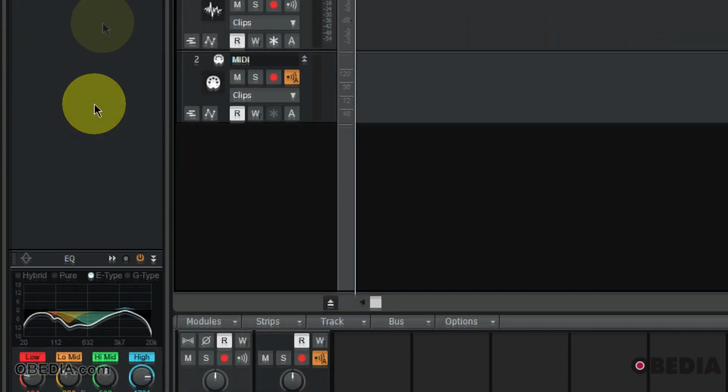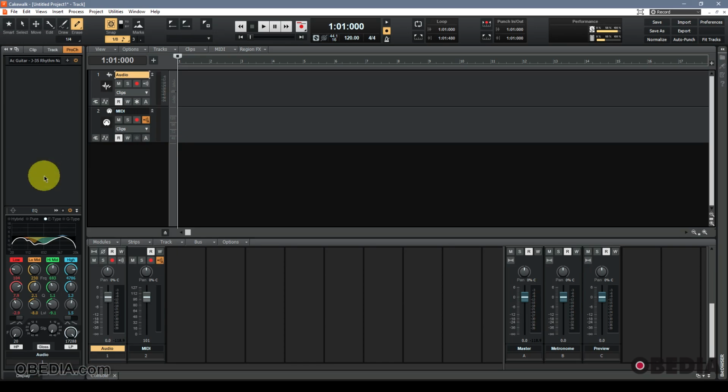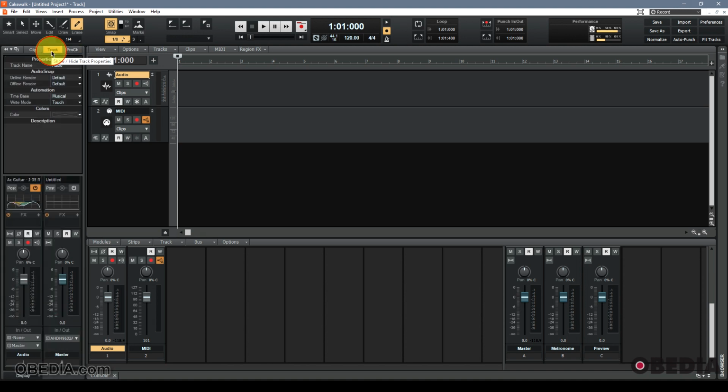So now I have a different preset loaded inside of my Pro Channel. There are a lot of different ways to interact with the channel strip. This is great because it allows you to jump back and forth between a channel strip made for guitars versus one made for drums, one made for vocals, and so on. There are two other tabs here: the Track tab, which gives me information on the track, and the Clip tab, giving me information on the currently focused clip that I have selected over here in the Arrange